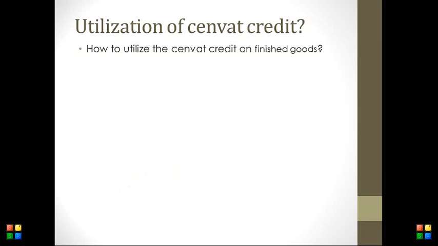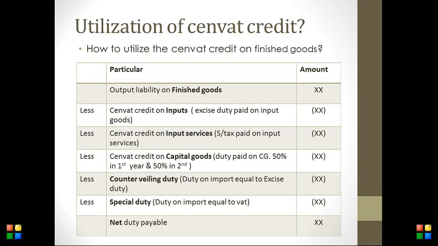Here the question arises: how to utilize Cenvat credit on finished goods? So there is one particular chart. First we need to calculate the output liability of finished goods. Output liability means whatever duty is charged on the finished goods or the sale value of finished goods, less Cenvat credit on inputs, that means excise duty paid on input goods. Cenvat credit on input services, that is service tax paid on input services. Cenvat credit on capital goods, that is duty paid on capital goods,